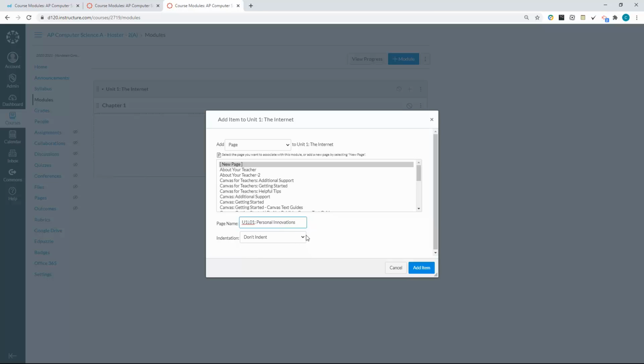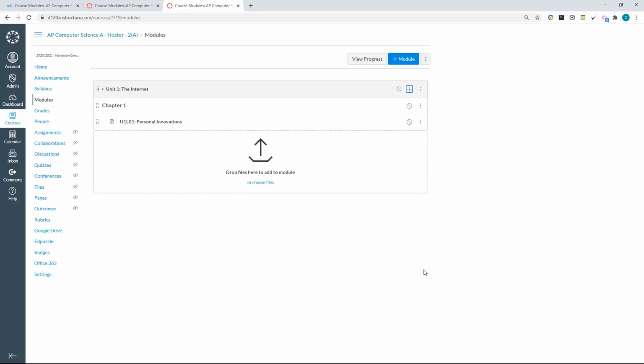So something like that. Now at this point, I find it advantageous to indent because it'll make it a little bit different than the heading up above. So indent level 1, I click Add Item. And so there's your page. So now you can edit the page. So if I click on the page to open it,